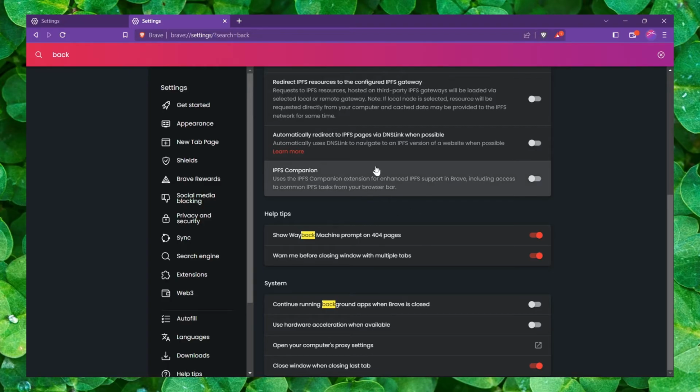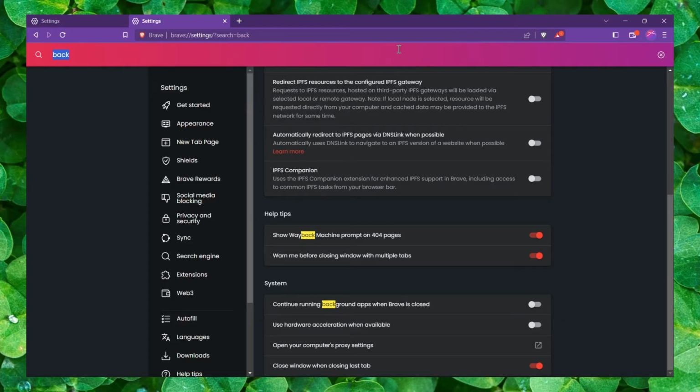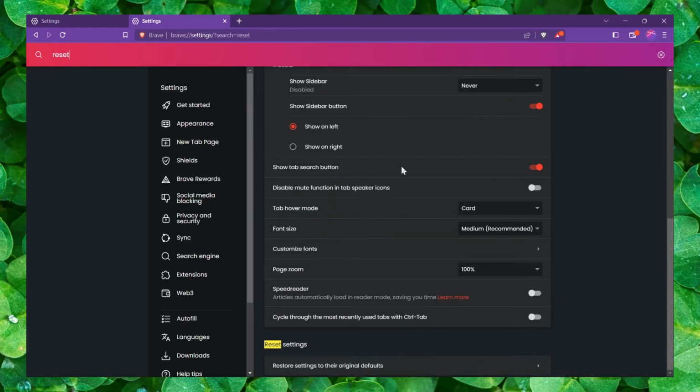And now the next method is very important. You can also go here in the search bar and write reset, and if you try all the methods and it still doesn't work, click here to reset settings to their original defaults. And that's the last one, I guess, but I still have